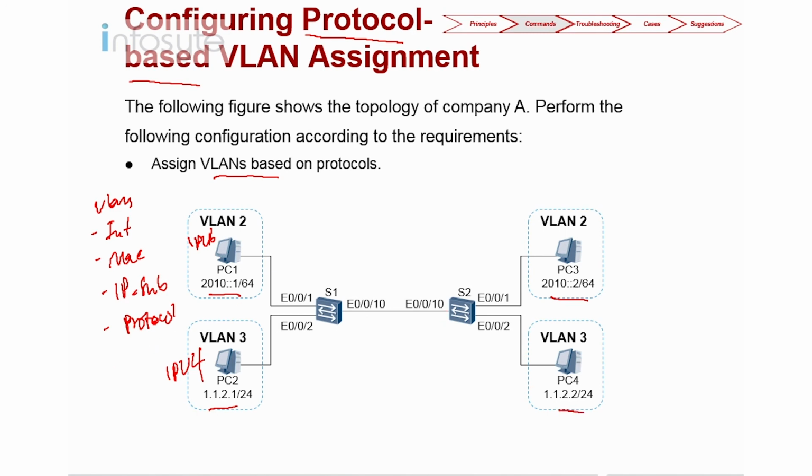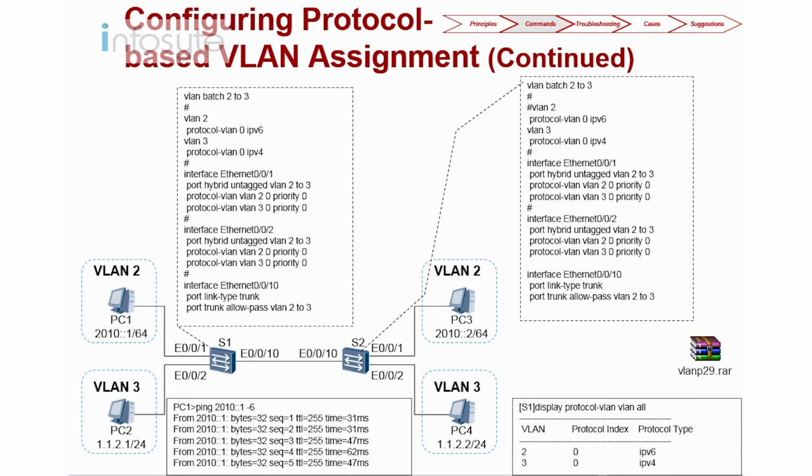If we look into the configuration, it is very simple. What we need to do is on the VLAN: we configure protocol VLAN IPv6 on VLAN 2, and protocol VLAN based on IPv4. And in the interface, we are going to configure protocol VLAN. The rest will be the same, and this is the display command. Again, the requirement for protocol-based VLAN is that it has to be on a hybrid port. So let's